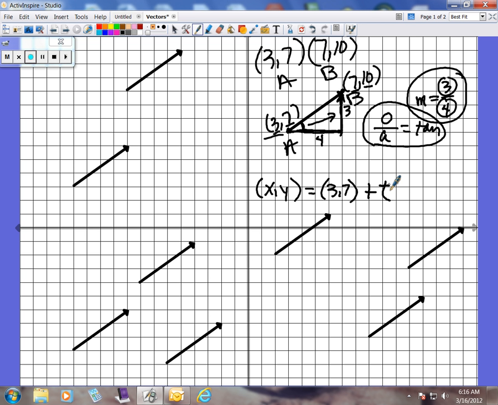It's called the parameter, and this stands for time. And in a second, we're also going to write the parametric equation from this. But you'll notice we write, this time, the ordered pair. This is the direction vector, like this, because it represents the vector at the origin. And I bet you can guess that ordered pair pretty easily, because it's 7 minus 3, comma 10 minus 7. 7 minus 3 is 4. See, our x value is 4, our y value is 3, if you're talking about horizontal, vertical. And that's how we get